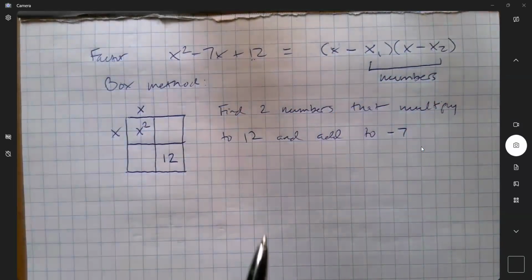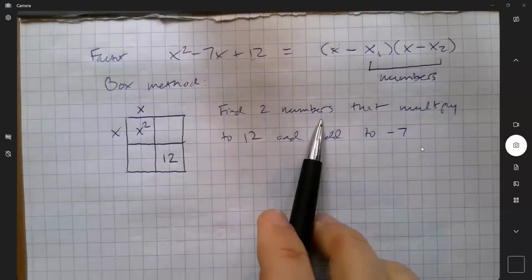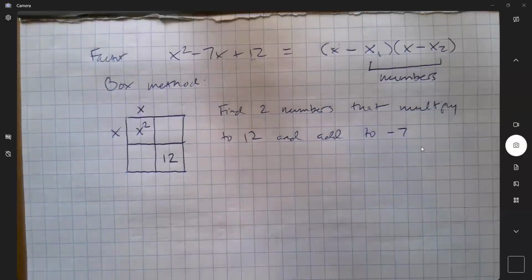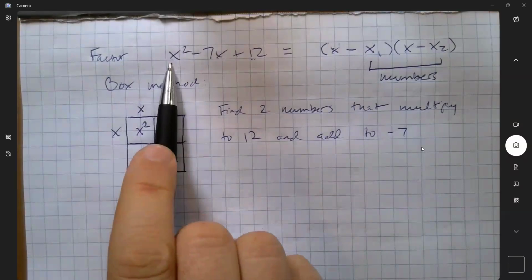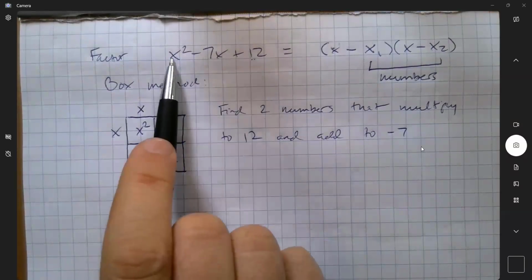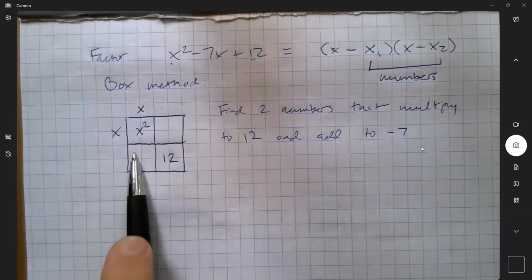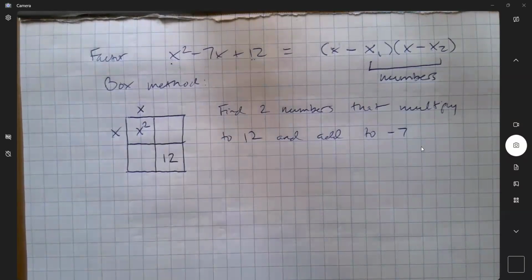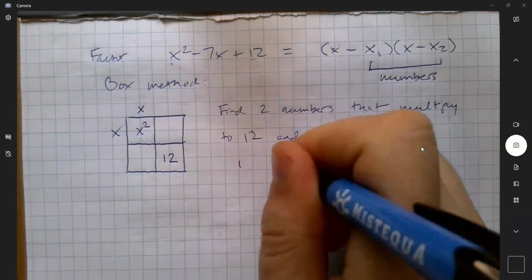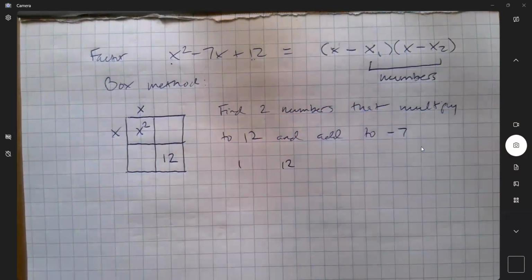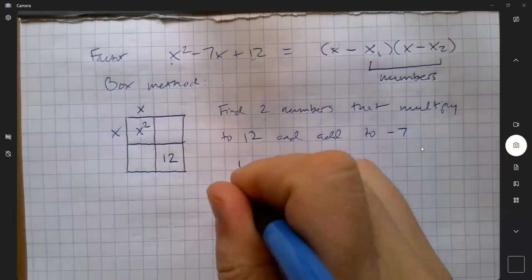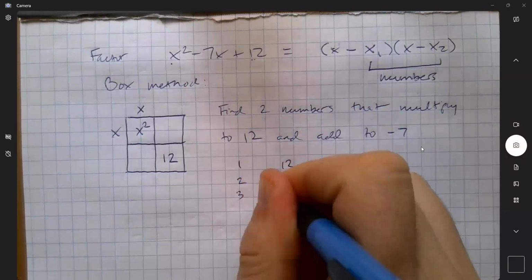Now, there's a lot of possibilities, not just integers. I could use fractions, but if we're going to go to the fraction world, it'll be too much work. So in general, if you're given a quadratic function where the leading term is 1, there's a good chance that these numbers here are going to be integers. And so let's try it. Let's think of all combinations of numbers that multiply to 12. Well, 1 and 12, 2 and 6, 3 and 4,